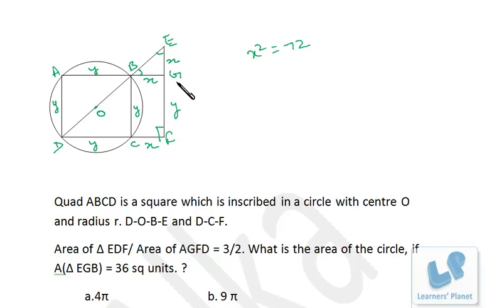Actually DAGF is a rectangle. And what will be the area of this rectangle? That's y plus x into y, this complete length AG into GF. For EDF, the area will be base into altitude into half. So base is x plus y, altitude is x plus y, so half of x plus y whole square. That is the area of EDF by area of AGFD. AGFD is a rectangle with AG as y plus x and GF is y. So y plus x into y, and that's given to us as 3:2.